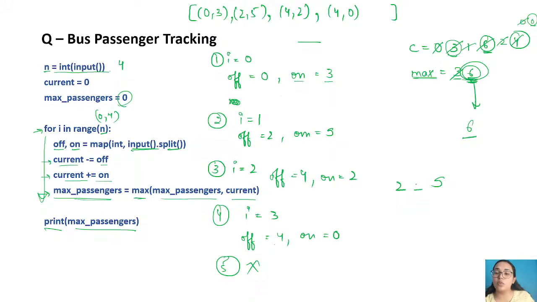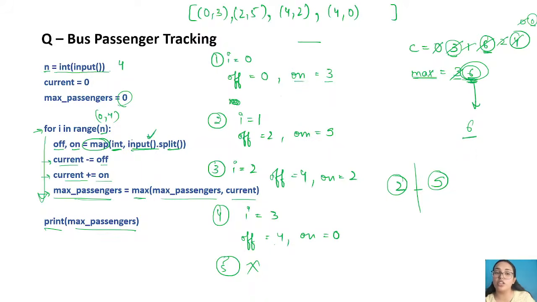So if you want to split it, first of all, whatever input you have taken is going to be split. So now you have two different entities, 2 and 5. Earlier it was considered to be one, right? Now once that is done, you want these to be converted into an integer format, so you have to mention it over here. Now this map is a function, and in your function you're passing two parameters.